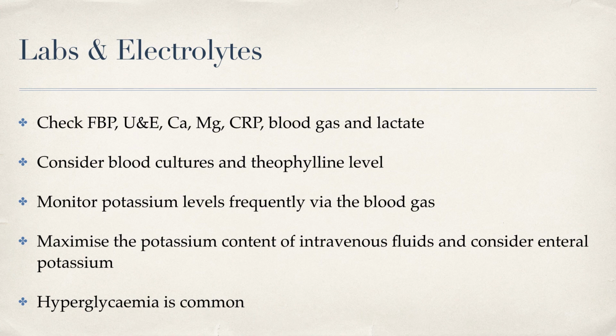Once the airway has been secured and a nasogastric tube is in situ, enteral potassium can be given via the tube, although absorption may be unreliable. So both aminophylline and magnesium infusions are compatible with maintenance fluids containing potassium, so these can be run on the same cannula as the maintenance fluid. However, the compatibility of salbutamol with potassium containing fluids is unknown, so you're going to need to use a separate